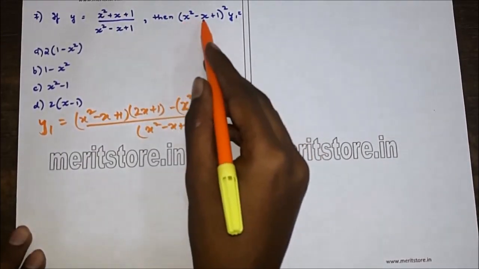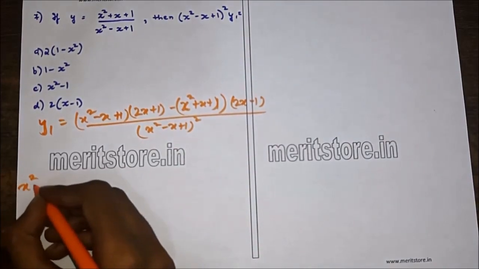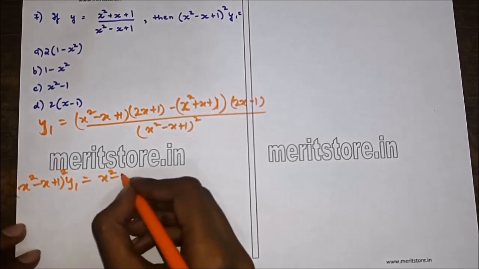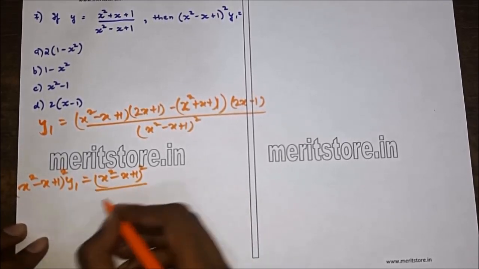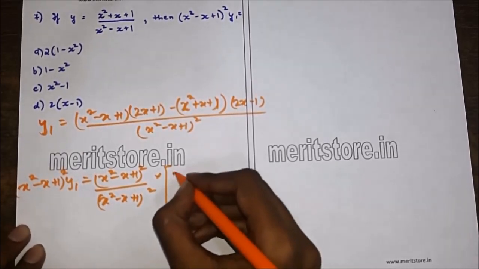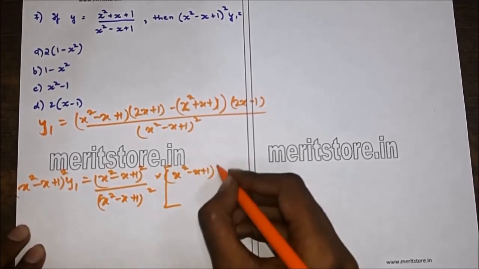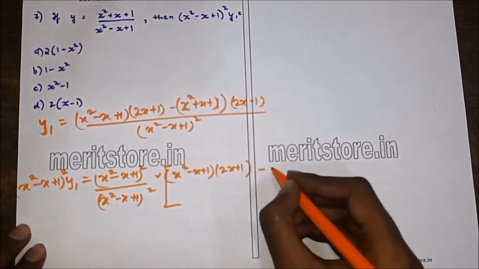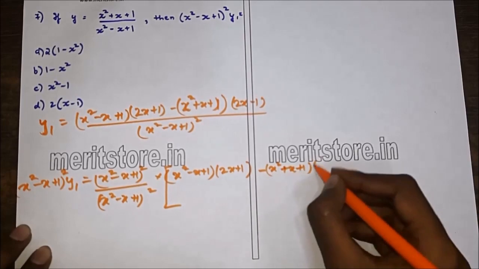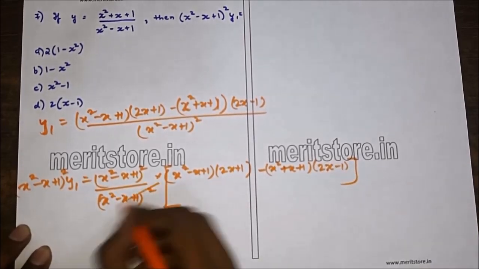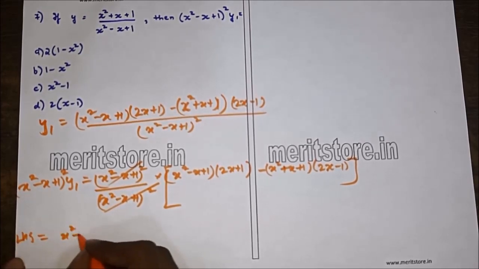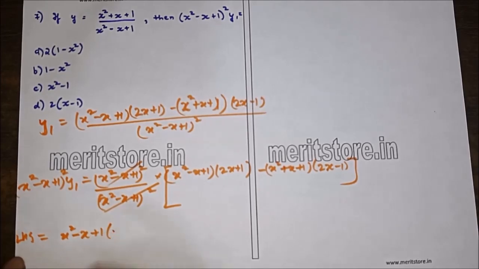Now we multiply x square minus x plus 1 the whole square on both sides. So we get x square minus x plus 1 the whole square, y1 is equal to x square minus x plus 1 the whole square upon x square minus x plus 1 the whole square into x square minus x plus 1 into 2x plus 1 minus x square plus x plus 1 into 2x minus 1. So this term gets cancelled. So LHS is x square minus x plus 1 into